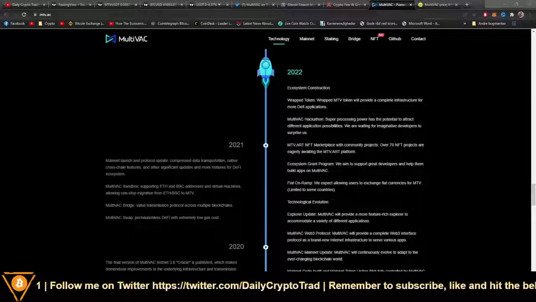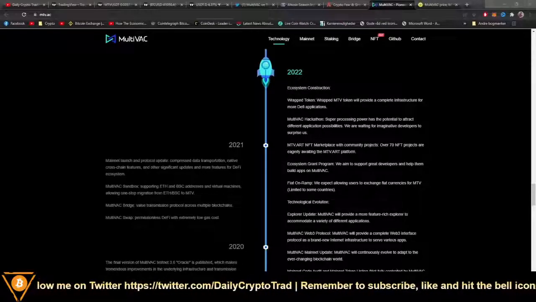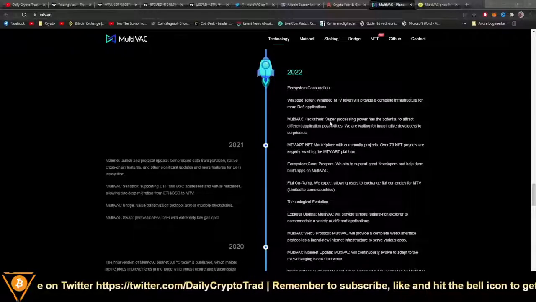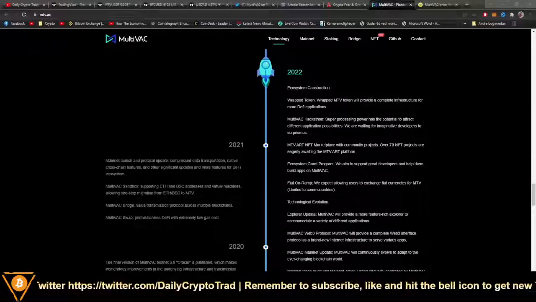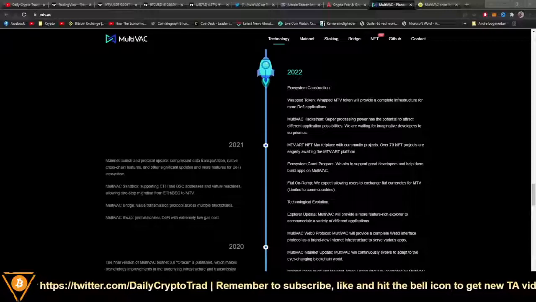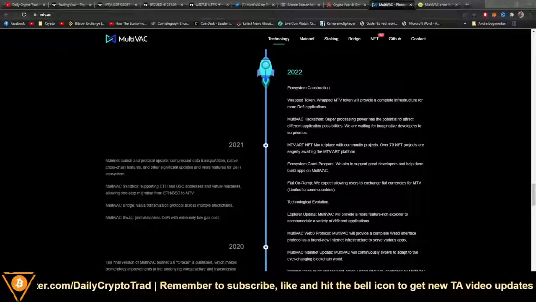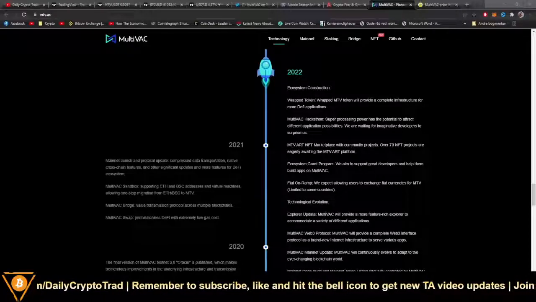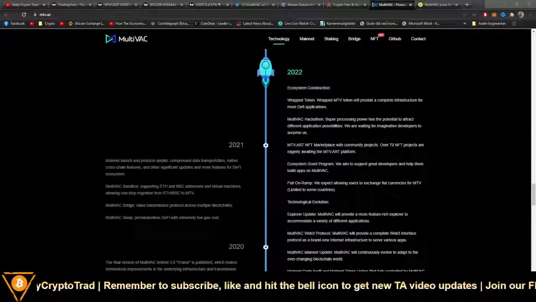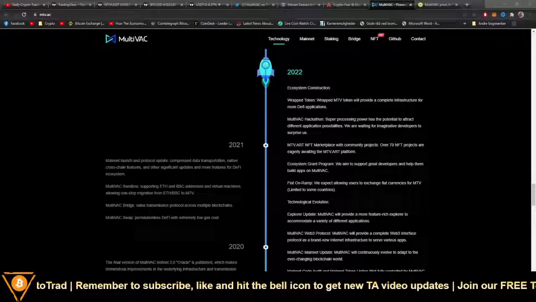I believe they have a partner with, I don't remember if it was Reliable, something like that, where they have a partnership where they can also be wrapped around a stablecoin, which is pretty great. Not pretty good, it is awesome, all right? They are talking about the MultiVAC hackathon. They were going to do it in January, but of course they postponed it.